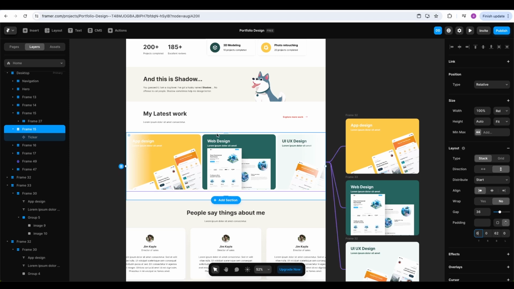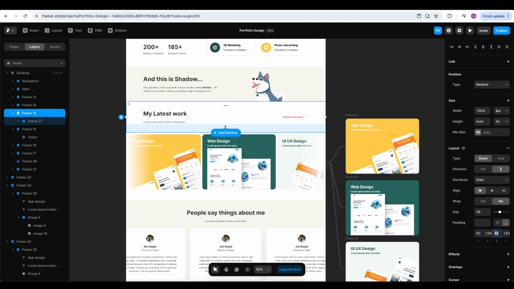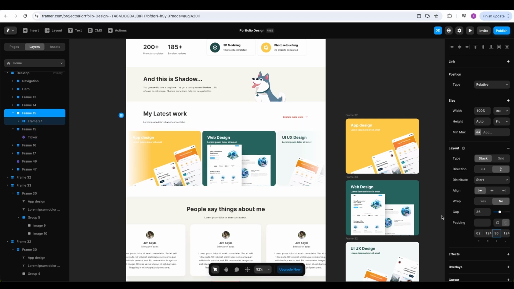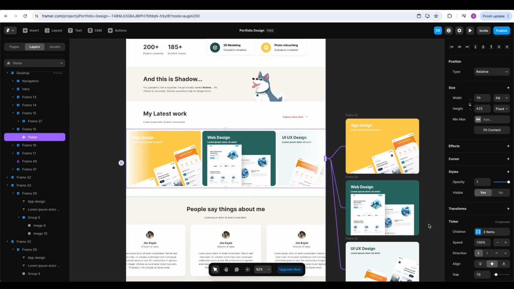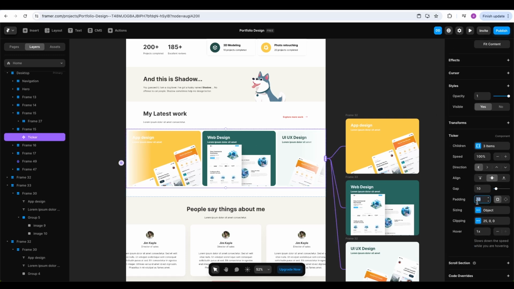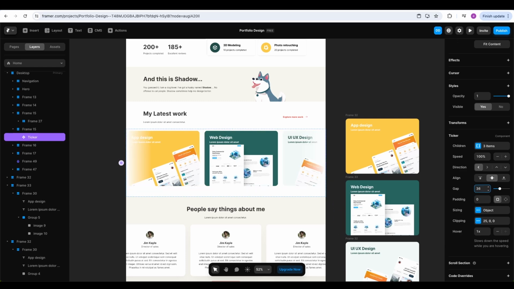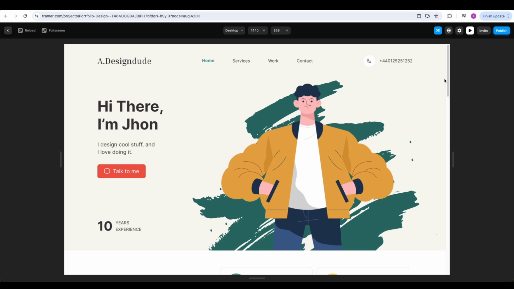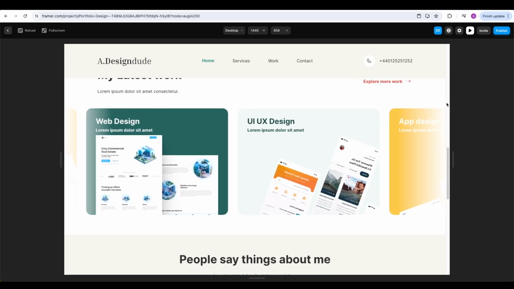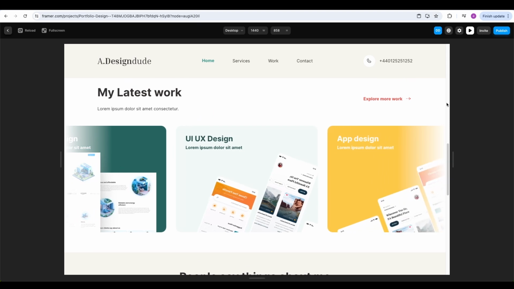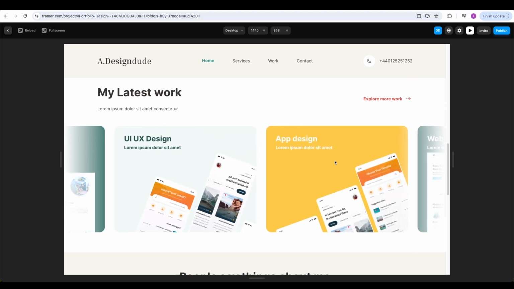And let's get rid of this top padding as well and change the bottom padding for this to something like 36. There you go. Looking great. Let's preview this. Actually, let's add some gap between them. I'm just gonna change it to 36 because I have a bit more gap. So gap 36. Now let's preview it. And if we go down, as you can see, the ticker is moving smooth,